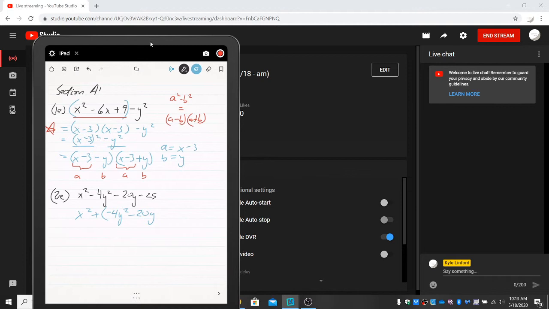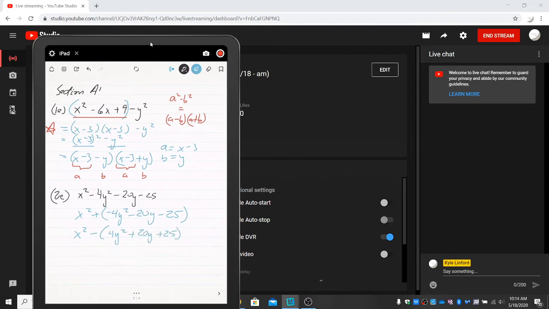So what if I try to not just have the y terms together, but also throw in that number as well? Because I tried it already with two terms, and it didn't work. So let me try to take both the y terms, and I'll include the negative 25. First up, I don't like dealing with negative leading terms. That's an irritation to me. Generally speaking, we say don't work with negative leading terms. So I'm going to factor out the negative, and we're left with 4y squared plus 20y